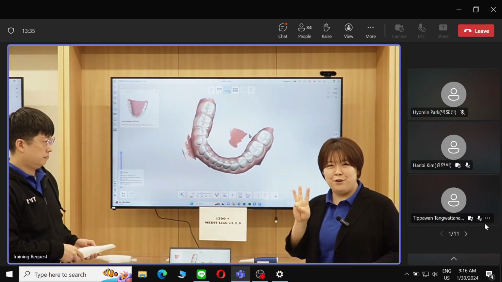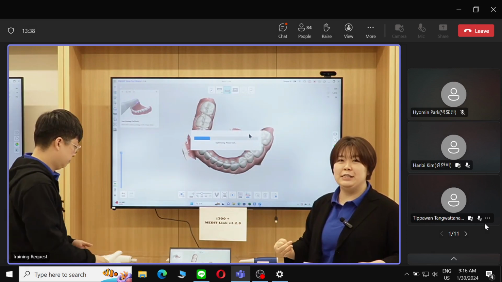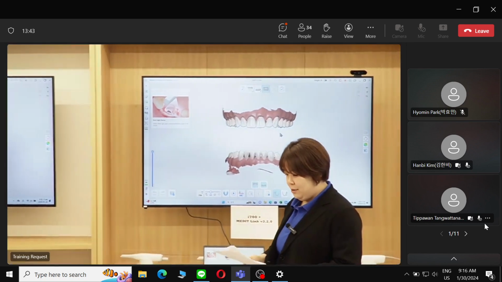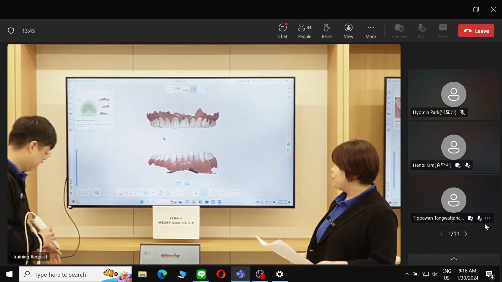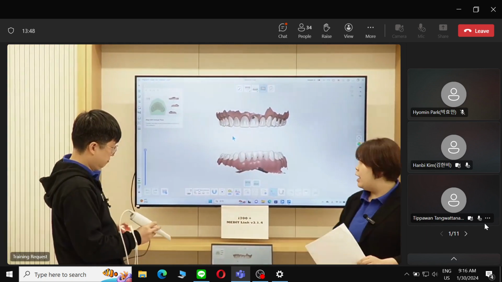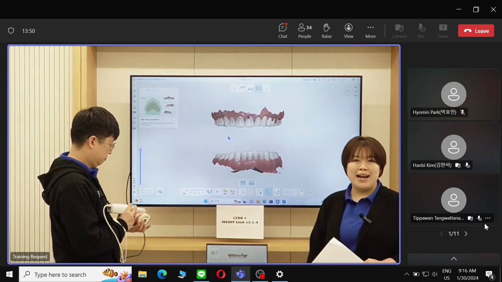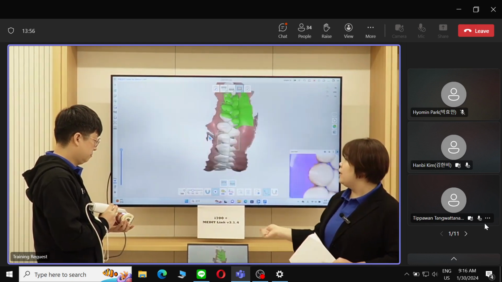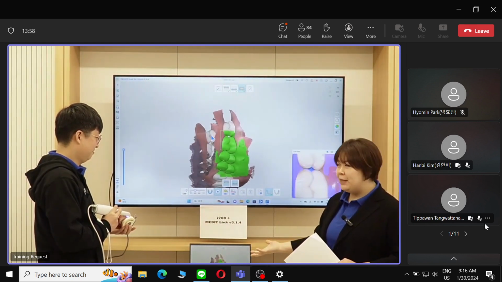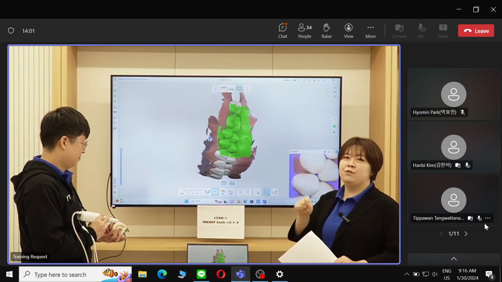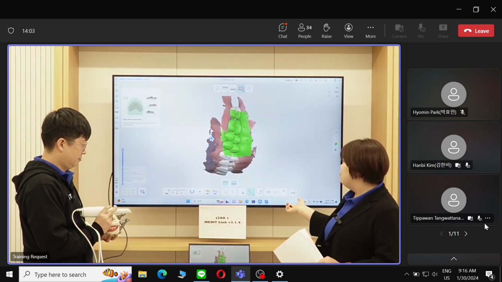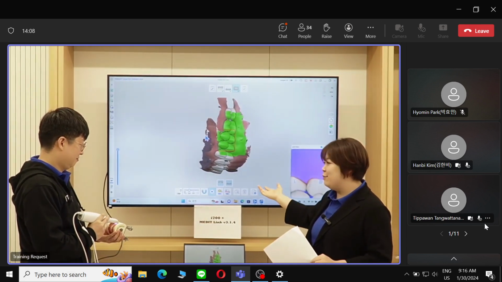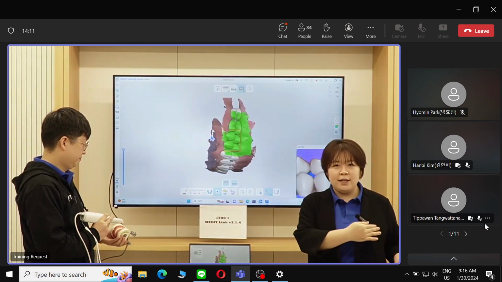So I'm going to move on to the third point of how the scanning experience has improved. So once again, in the previous MEDIT Link version, when you would be performing a bite scan, sometimes either auto alignment would take a longer time, or sometimes it would fail, so you would have to do manual alignment. Actually, today it worked quite well, but just in case, sometimes it was not as great. But in the new MEDIT Link version,